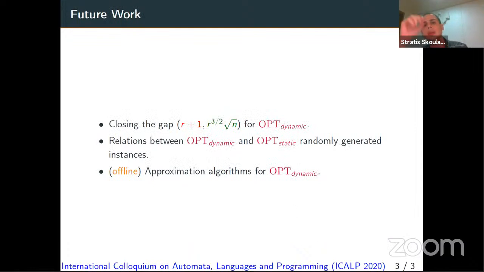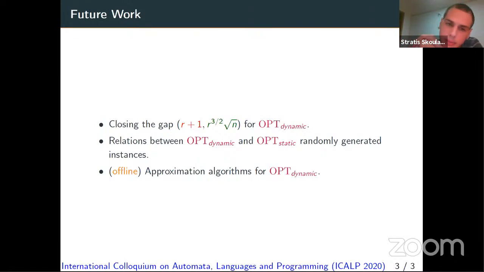And let me tell you some future directions that our work leaves open. It will be very interesting to understand the huge gap between the lower bound for the dynamic benchmark and our current upper bound, because there is this dependency on n, the number of elements. And then it would be interesting to understand the relationship between the optimal dynamic solution and the optimal static solution in smoothed, noise-generated distances. We guess that there is a constant